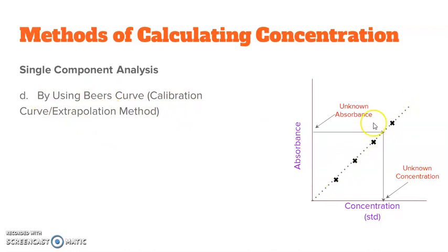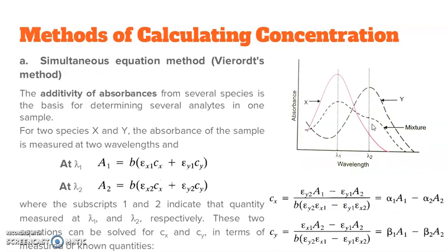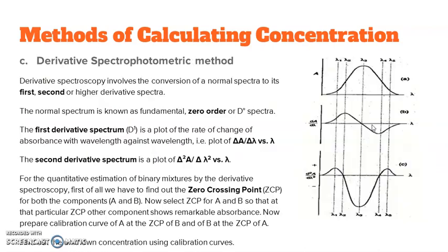Yeah, we can calculate the concentration using the calibration curve method. Once we have the calibration curve for A and B, which are two different drugs at two different wavelengths, which wavelength? Zero crossing of A for B and zero crossing of B for A. Okay, vice versa. Those two particular wavelengths are utilized in order to calculate the concentration of the unknown mixtures. So this derivative spectroscopy seems very simple, but it is a very complex procedure to follow. These were the three methods which I was talking about, this multi-component analysis.